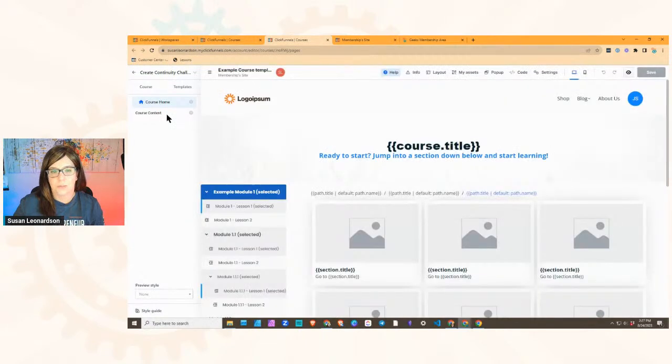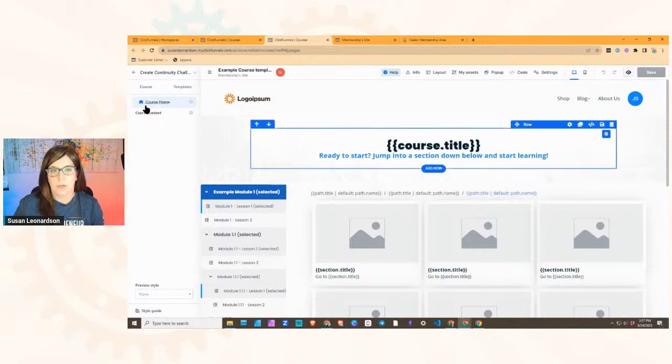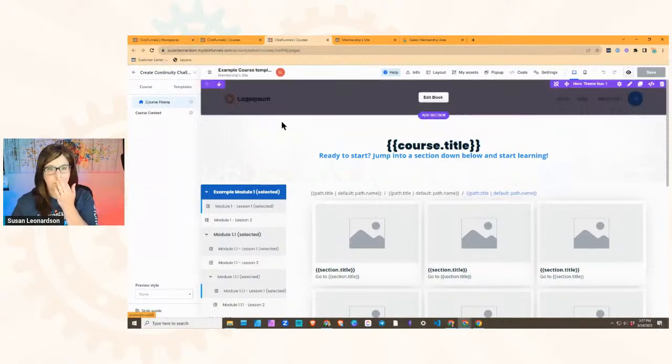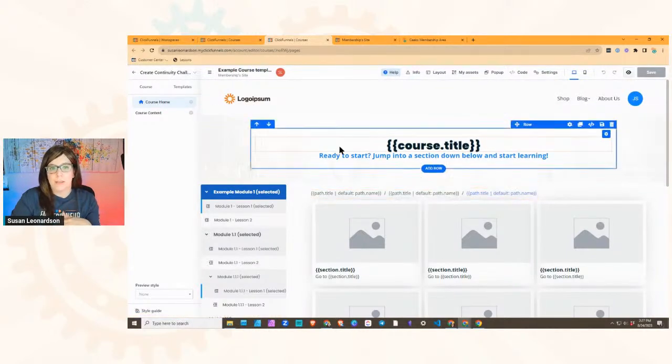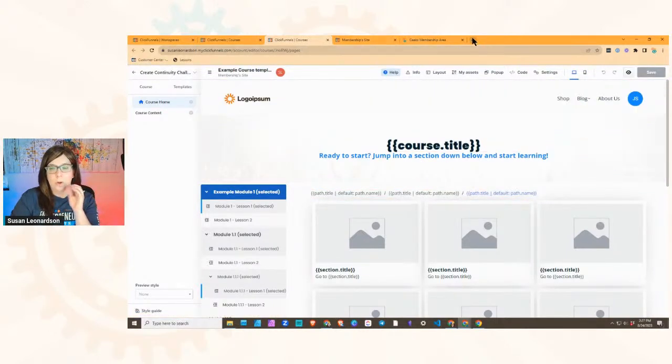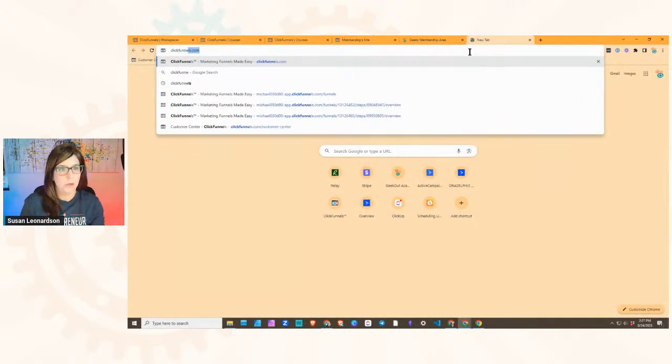So it is taking us to where we edit our template pages, it looks like. Okay. So we have our course home. As a new user, I don't exactly know what that means. Because I have experience playing around in this already, I know that means when someone goes from customer center, and actually I think I can just go to here